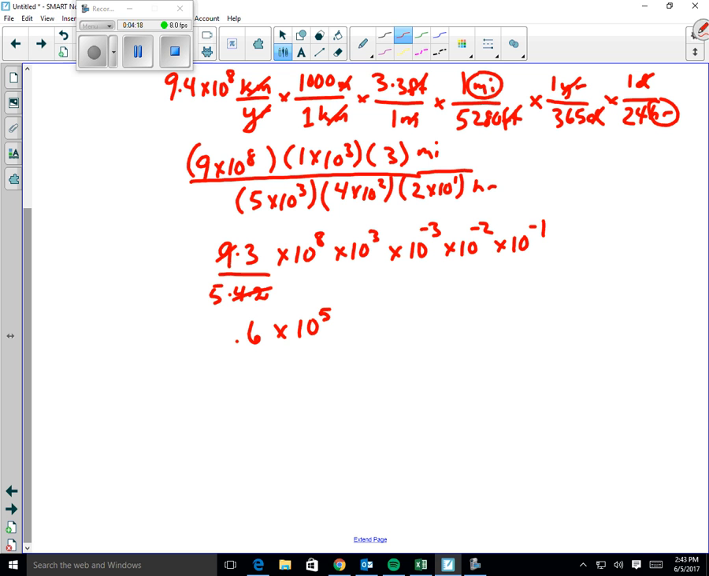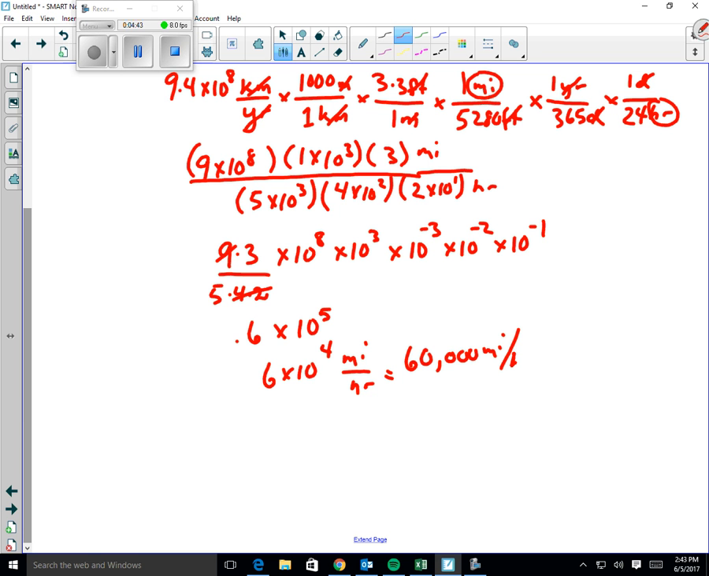So then, that's not proper scientific notation, so I might move this over 1 and make this 6 times 10. I made this bigger. 6 is bigger than 0.6. I have to decrease the power of 10. So to the 4th. Miles per hour. Now I actually want to put that in regular notation just so I get a feel for it. So that would be 60,000